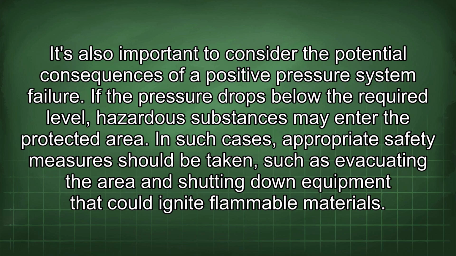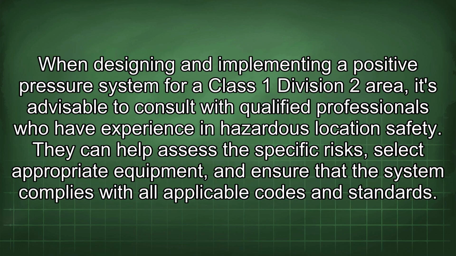In such cases, appropriate safety measures should be taken, such as evacuating the area and shutting down equipment that could ignite flammable materials. When designing and implementing a positive pressure system for a Class 1 Division 2 area, it's advisable to consult with qualified professionals who have experience in hazardous location safety. They can help assess the specific risks, select appropriate equipment, and ensure that the system complies with all applicable codes